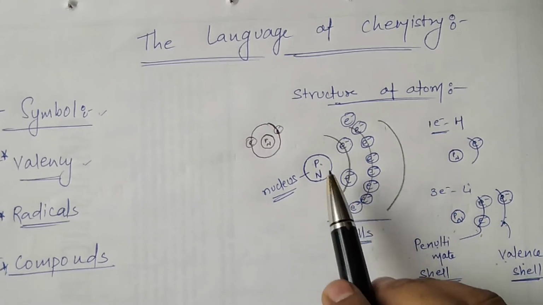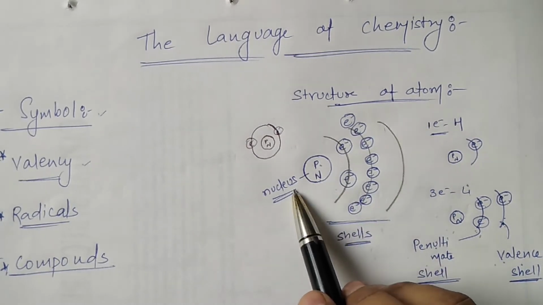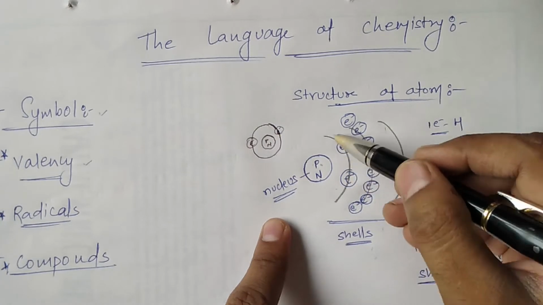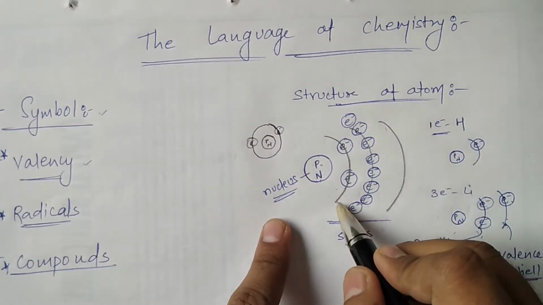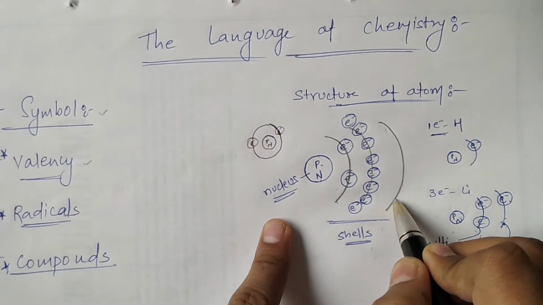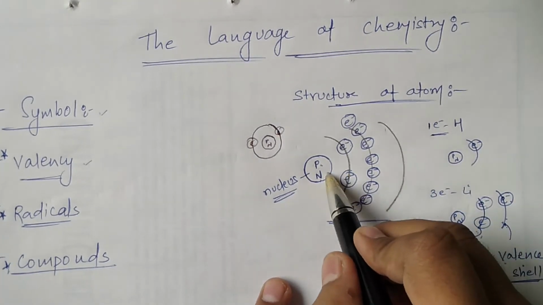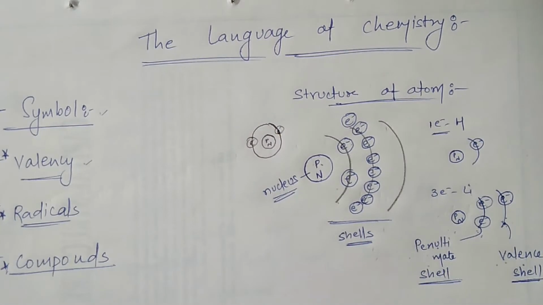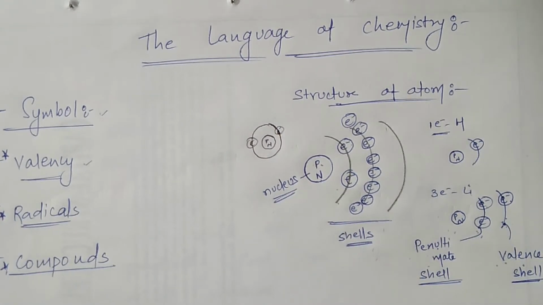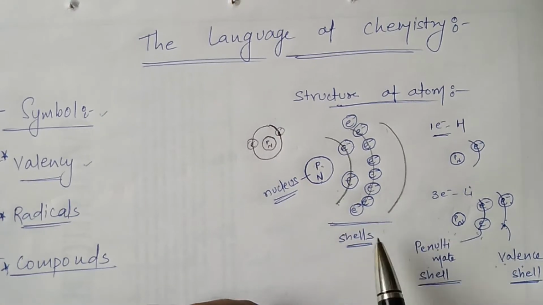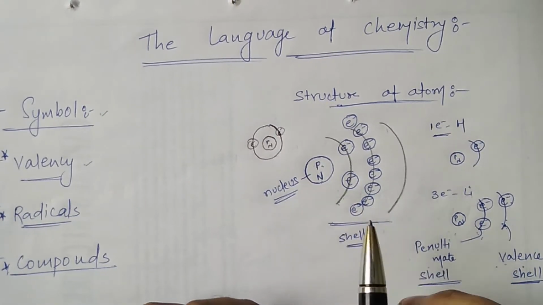So now you see proton and neutron, that is inside the nucleus. And on the outer side there is a shell. This I can say shell 1, this is shell 2, this is shell 3, etc. Now, if you see carefully, there are certain limitations of the shell to constrain the electron. That means a certain shell can accommodate a limited number of electrons only. So, for example, shell number 1 can accommodate 2 electrons. Shell number 2 can accommodate 8 electrons.